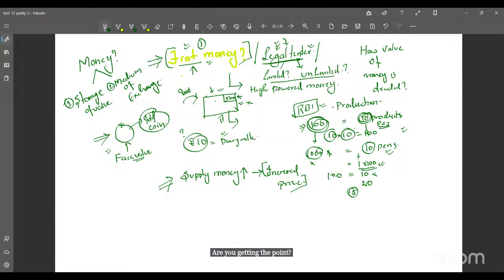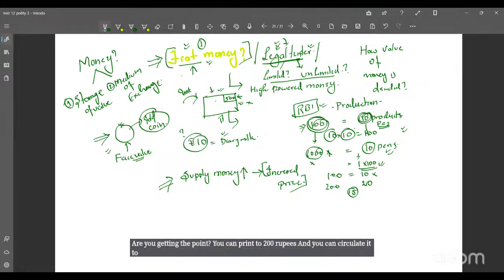இப்போ you can print 200 rupees and you can circulate it to the people. So அப்படி இருக்க போகும்போது how much you produce, only then you can increase the printing of rupee notes. So the balance has to be maintained. The production value as well as the amount of currency required for circulation need to be balanced. If it is not balanced, it would unduly increase the inflation. Unwantedly, it will raise the prices of the products. Are you getting the point? The concept puriyada?